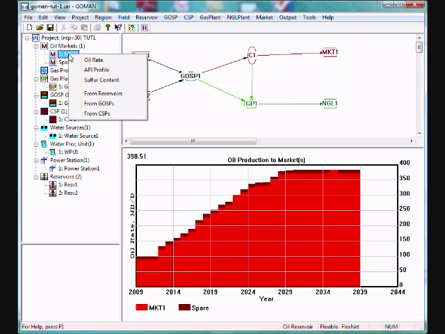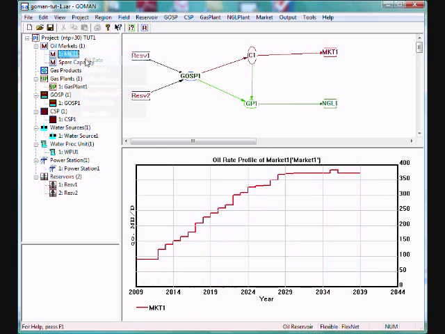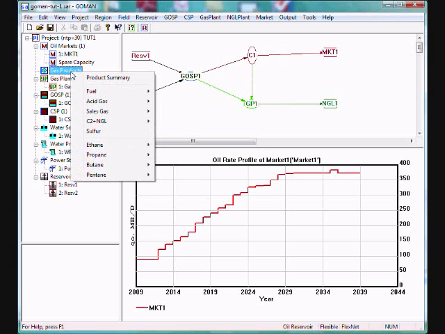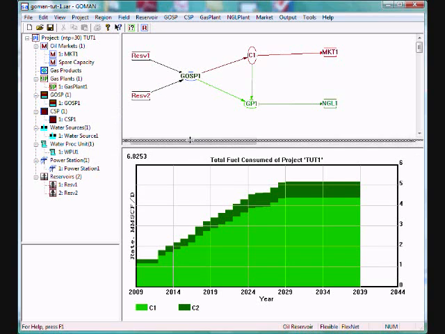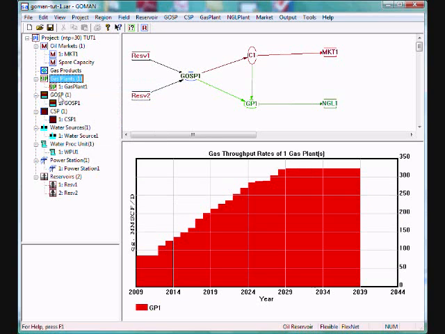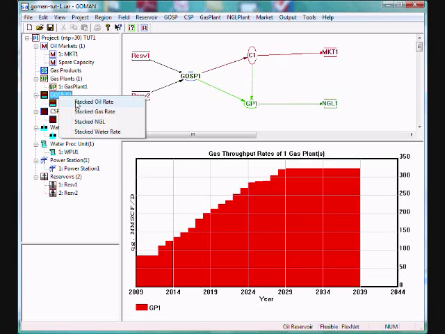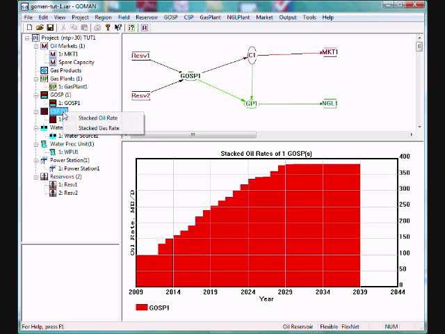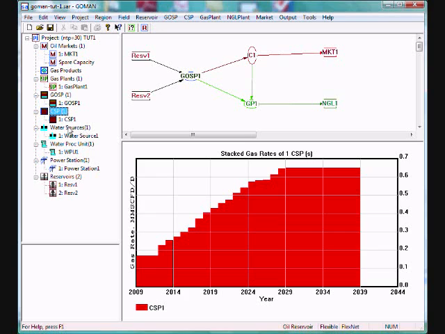We can go and see different quantities at market 1, for example. We can look at gas products. For example, we can see the fuel rate, the different components, the amount of C1 and the amount of C2 that went into fuel consumed by the project. We can look at gas plants. We can look at GOSPs production, CSP productions, oil rate and gas rates, water sources, water processing units, power stations if they are defined, and then